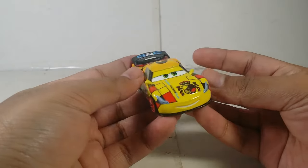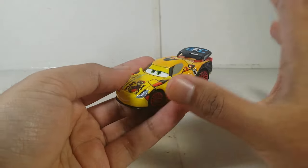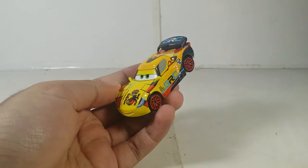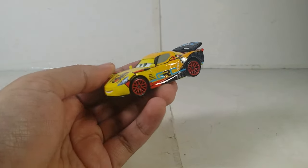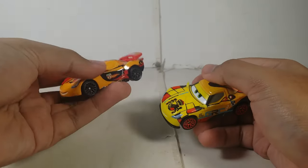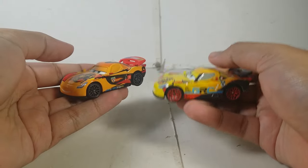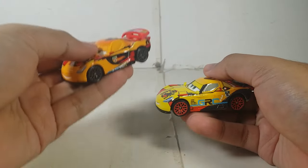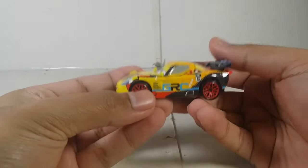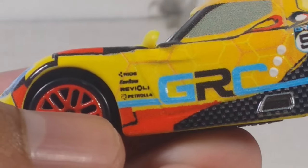But Miguel Camino looks actually fantastic. Of course, I don't know about the blue on it though. I understand why, but yeah. He does roll pretty well. He is lighter than this one right here. No wait, I think this one is a little bit heavier than this one. I'm not sure, but he does look pretty awesome. And of course he has the same